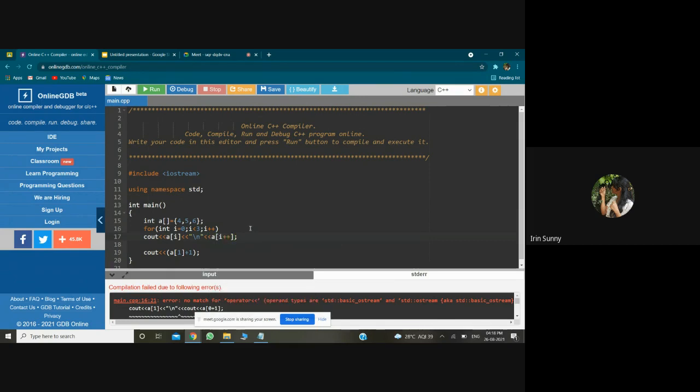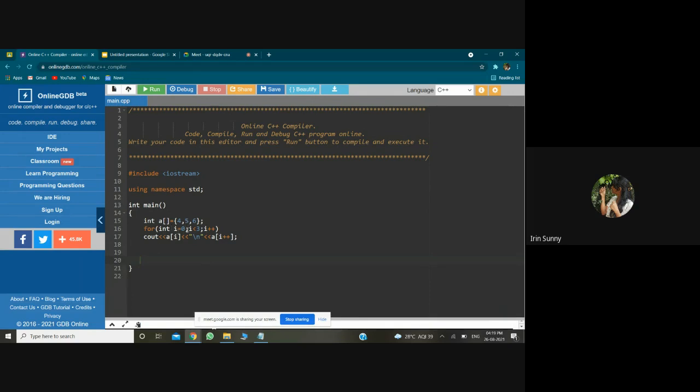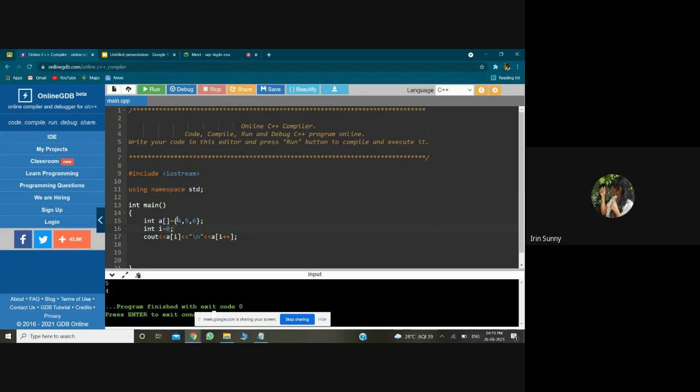So let's see the difference. See, even though i's value is 0, even though i points to 4, I'll make this value as 6 so you don't get any more confusion. Okay, now let's run the program.